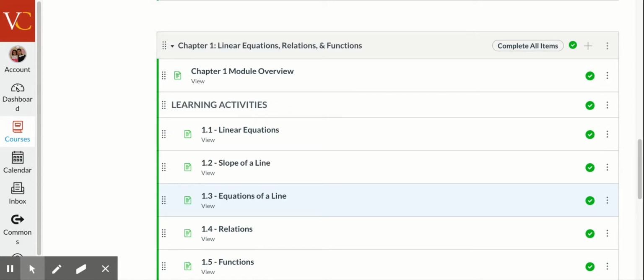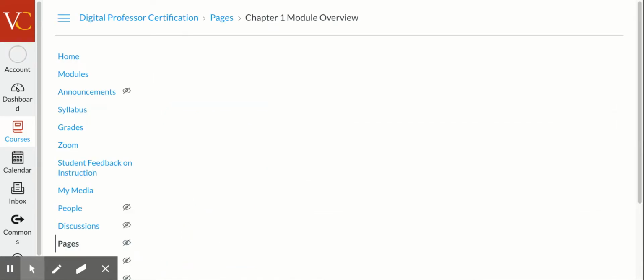I decided to use Chapter 1 of Intermediate Algebra, which is Linear Equations, Relations, and Functions. Our Chapter 1 module overview is going to tell us